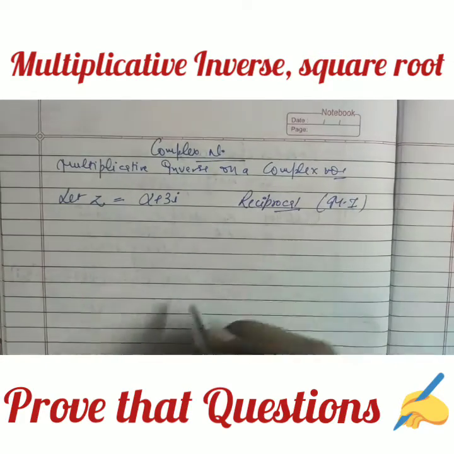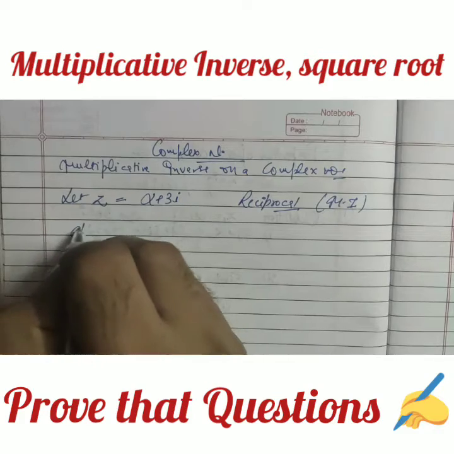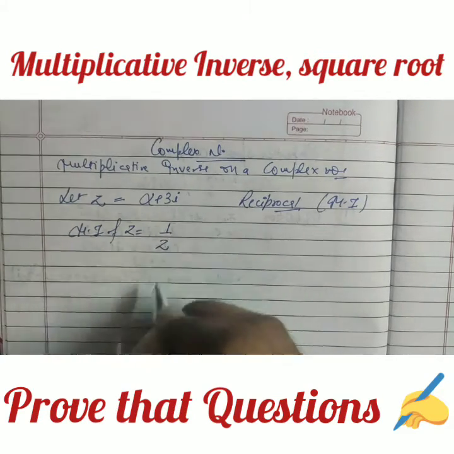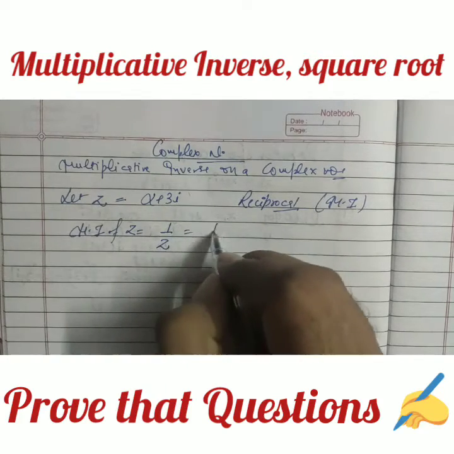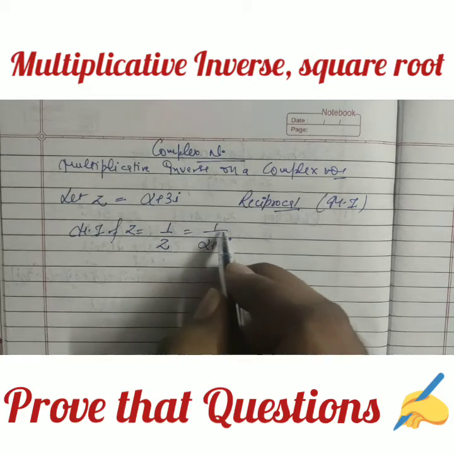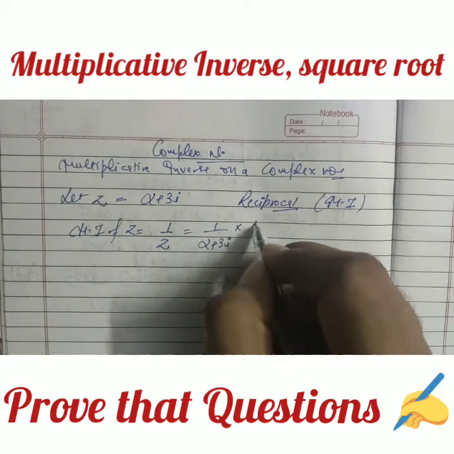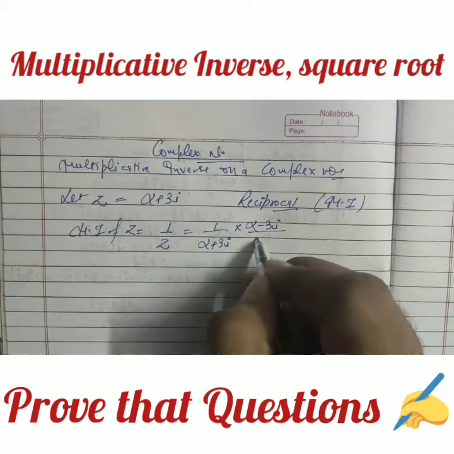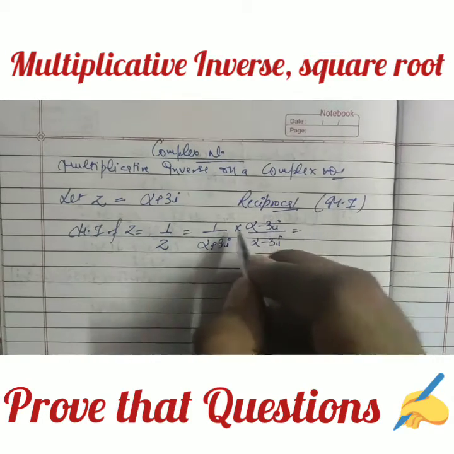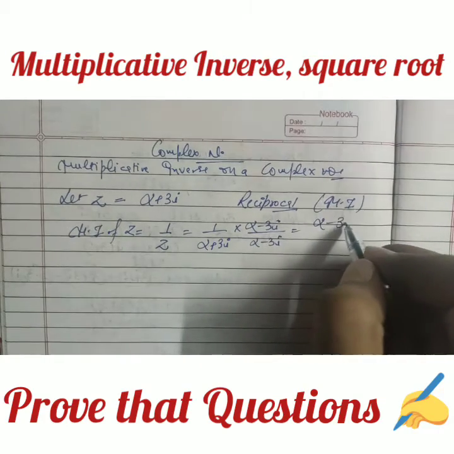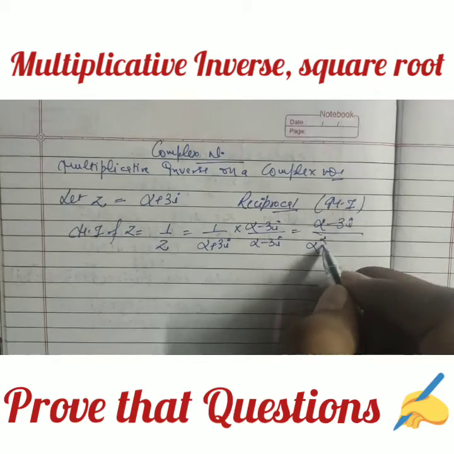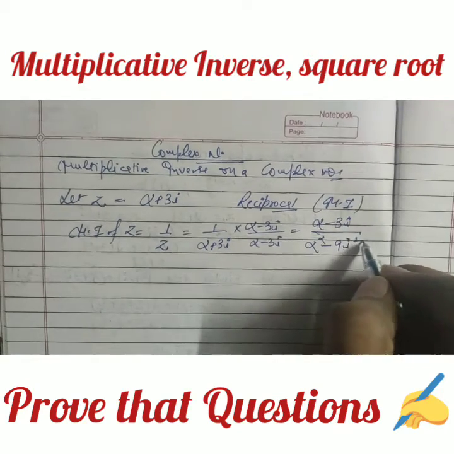Multiplicative inverse is represented by MI in short form. So the multiplicative inverse of z is given by the reciprocal of z, 1 by z. Using the value of z, 2 plus 3 iota. As we know, iota does not come in the denominator, so we have to use rationalization to remove it. Firstly, multiply by the rationalizing factor and divide by the same. In the upside, 1 multiplied by the value, no change. In the downside, it becomes a plus b, a minus b, the square of a minus the square of b.